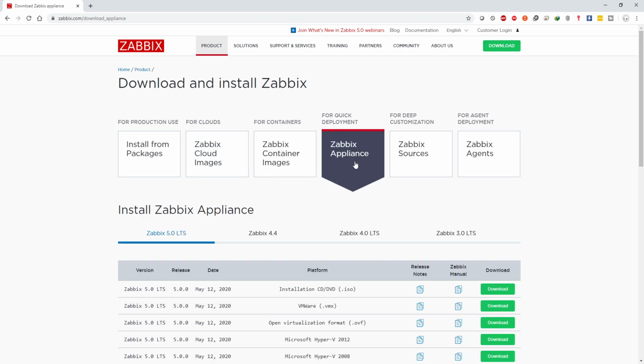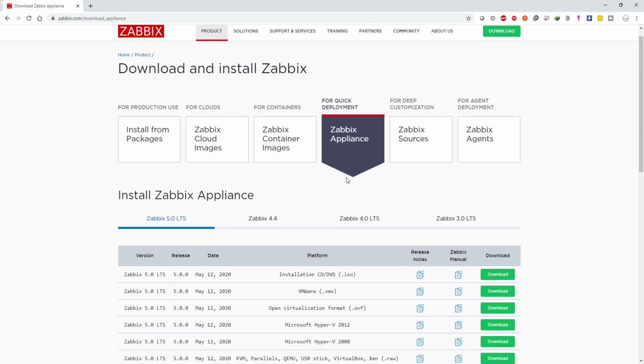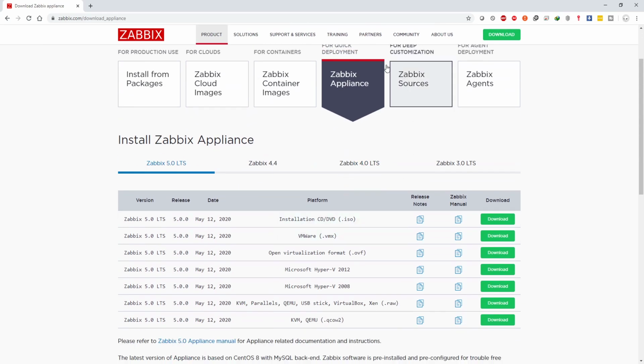If people do not want to go into the hassle of installing Zabbix, like we have done in the previous video, you can just download an appliance. It's all pre-configured, pre-built, everything with the OS, and you just download the appliance, like for VMware VMX, or the Open Virtualization format, or for Hyper-V, whichever suits you, or for KVM.